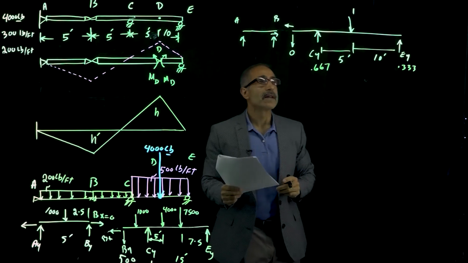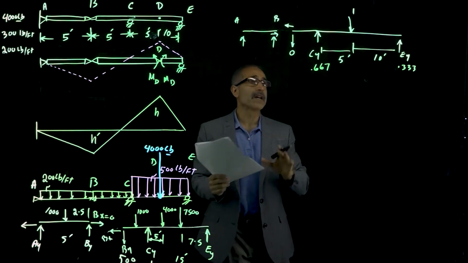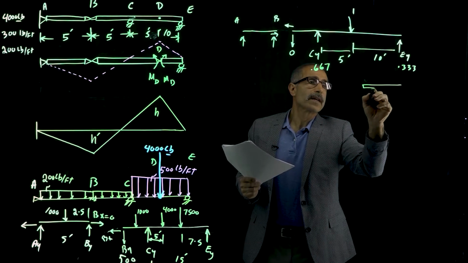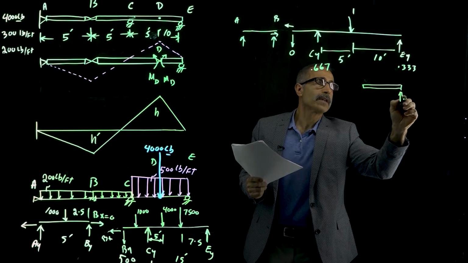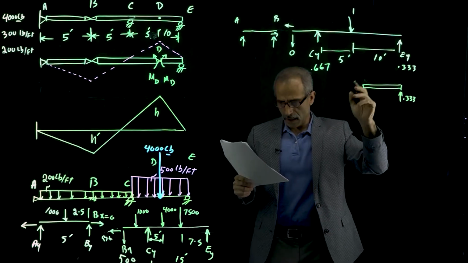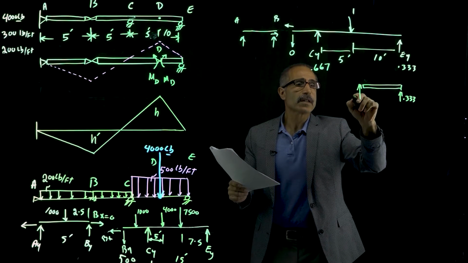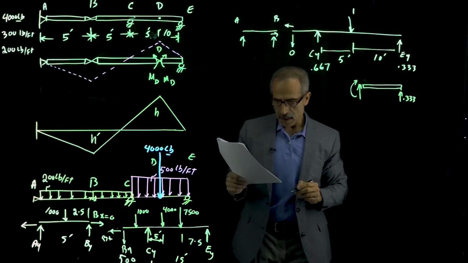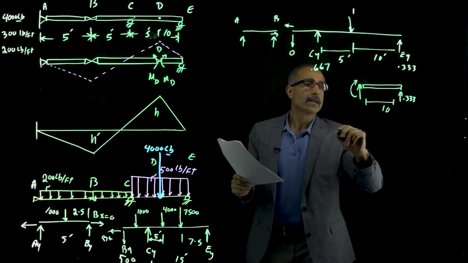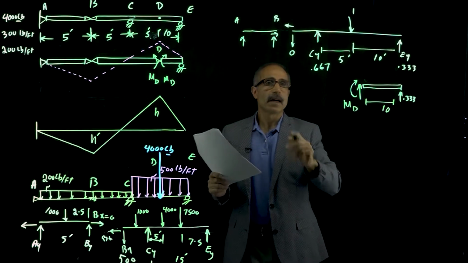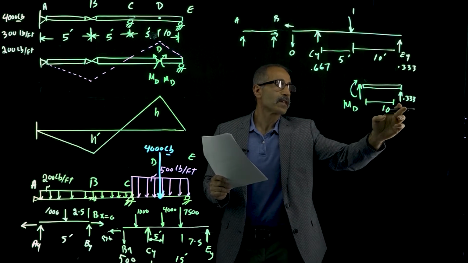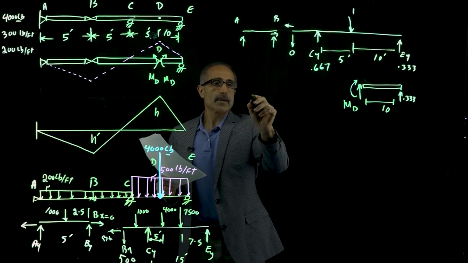All right. Now we have that calculated. We're going to make the cut at D. So if we're making a cut at D right now, we know this is 0.33, and the unit load is over here, so not going to help us out. Then I'm going to have the shear here and a moment going this way. And the moment is going to be this times that distance, 10. So MD, again, you should know that. How we're going to calculate that is the summation of moments about point D, with this multiplied by that distance. So MD comes out to